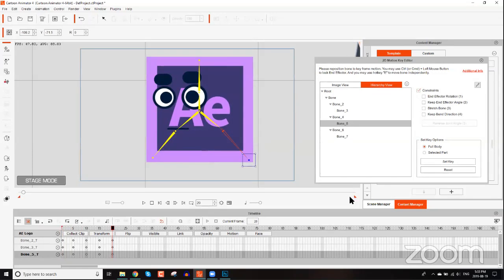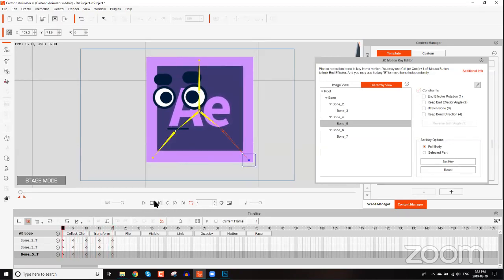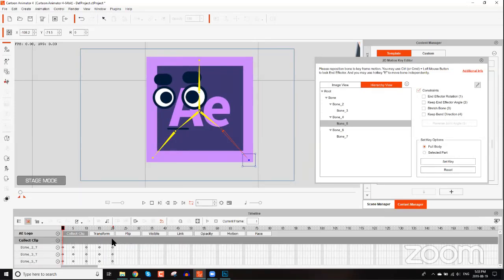And I can take my project length slider, bring it all the way down here, this little red flag thing right here, and then I can loop it and play back. This is what it's going to look like. Okay. This is my really pathetic walk that I did in 30 seconds for our After Effects character there. Okay, good enough. So then if you want him to move along, again, you can go to the collect clip track and